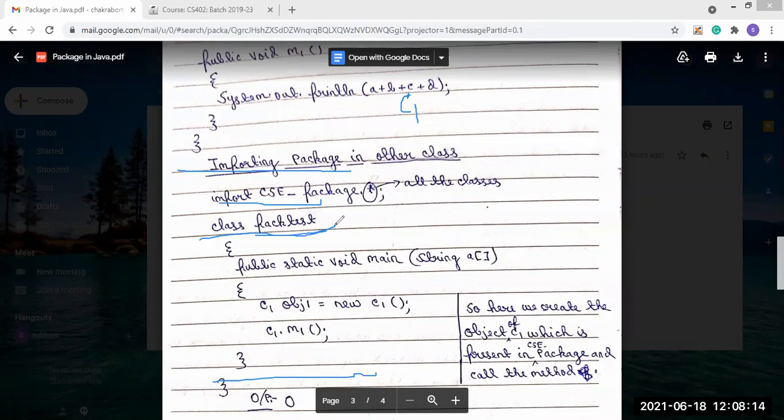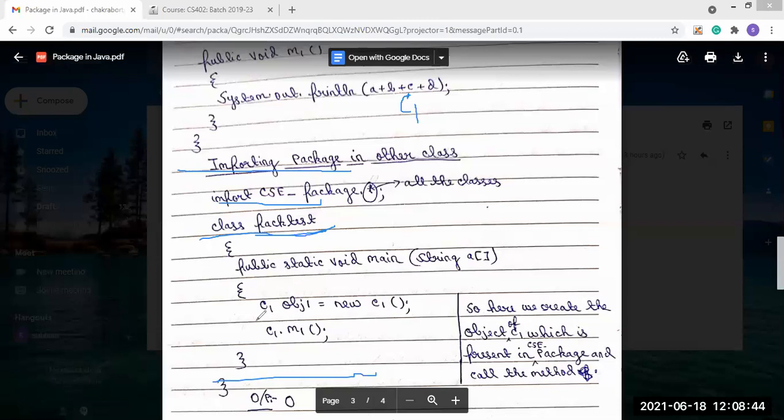C1 class is present in the CSC underscore package, and since we are importing the package, we are able to create the object of that class in our class.